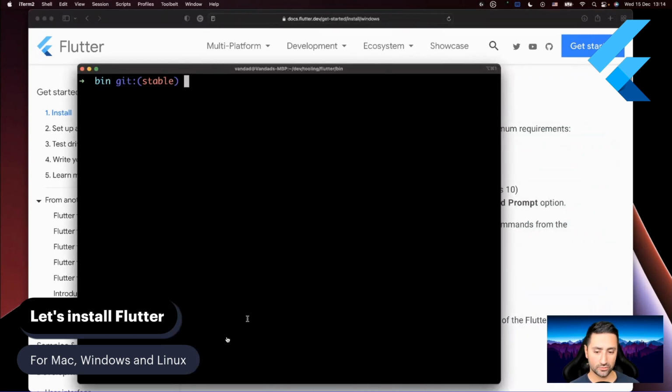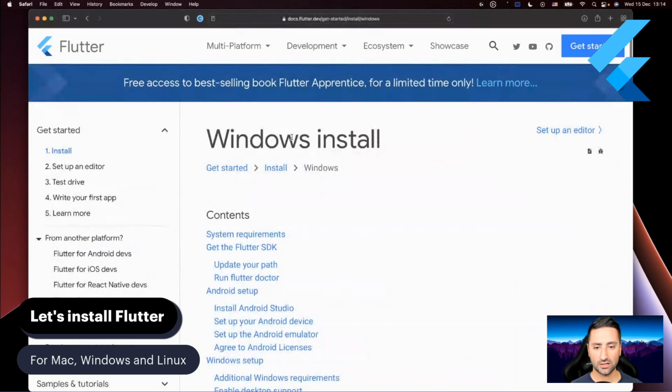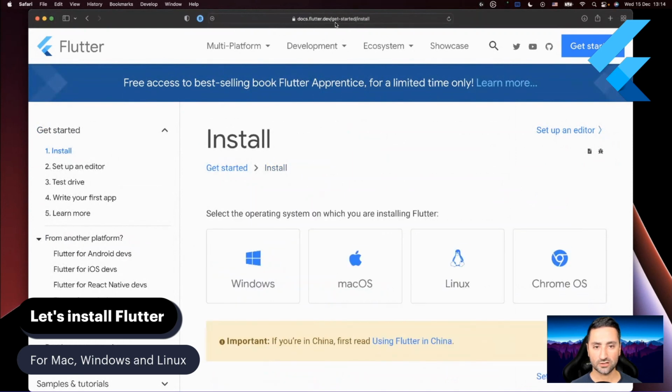I mean, I'm going through basically giving you some of the basics of these instructions so you can get like a head start, but these instructions can also change in the future. So don't rely just on what I'm telling you, please. Just go to the installation website here. Here, as you see, docs flutter dev, get started, install, and try to follow along with the steps provided. So